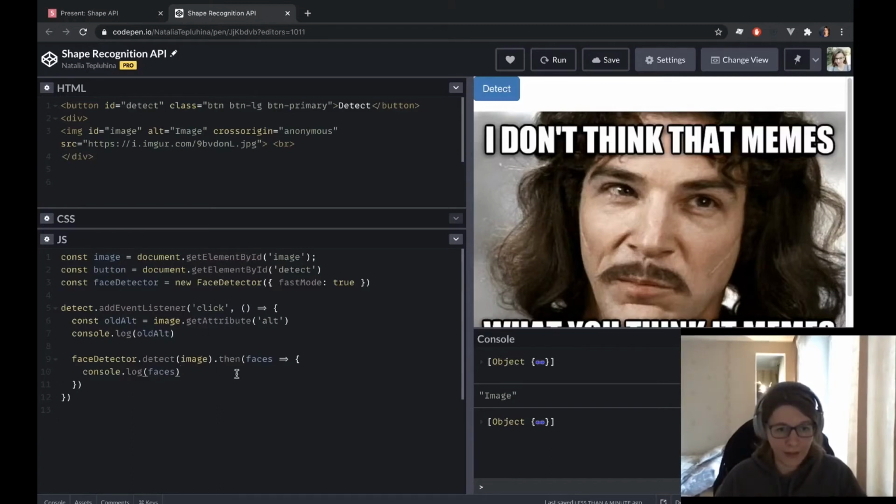So in then hook, I'm going to say, I want to set attribute, and this is alt attribute, and its new value is going to be, first of all, I want to keep alt attribute because maybe there was something important there. And then